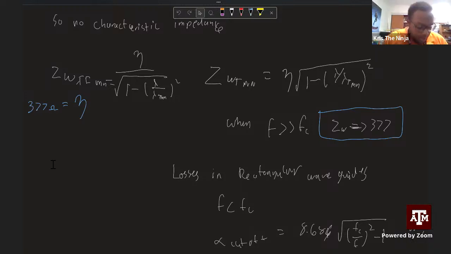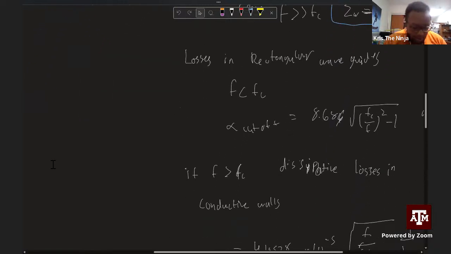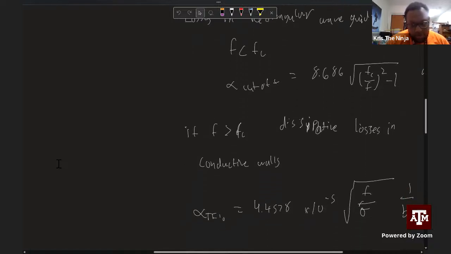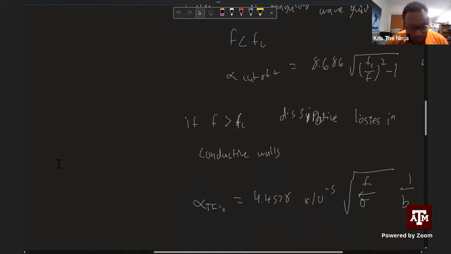Losses in rectangular waveguides. You have your attenuation at cutoff, which is alpha, 8.656 or 8.686, excuse me, 8.686. Then you multiply that by the cutoff frequency, divide that by the operating frequency, square it minus one. That gives you the dB per meter. If f is greater than fc, dissipative losses